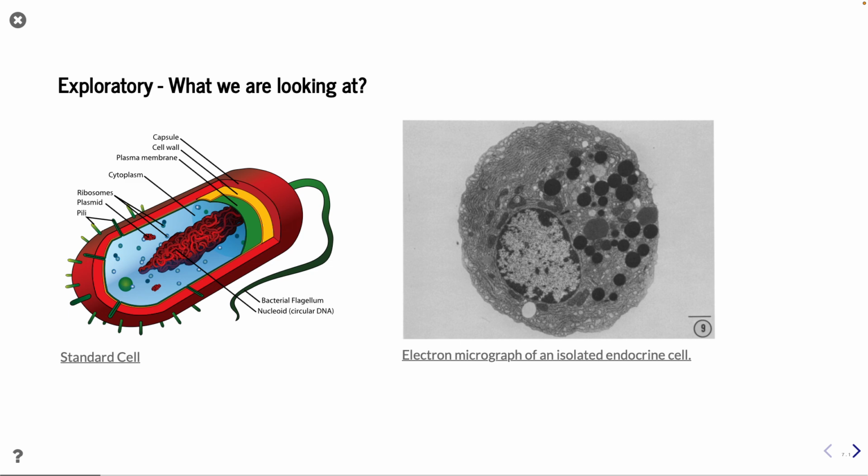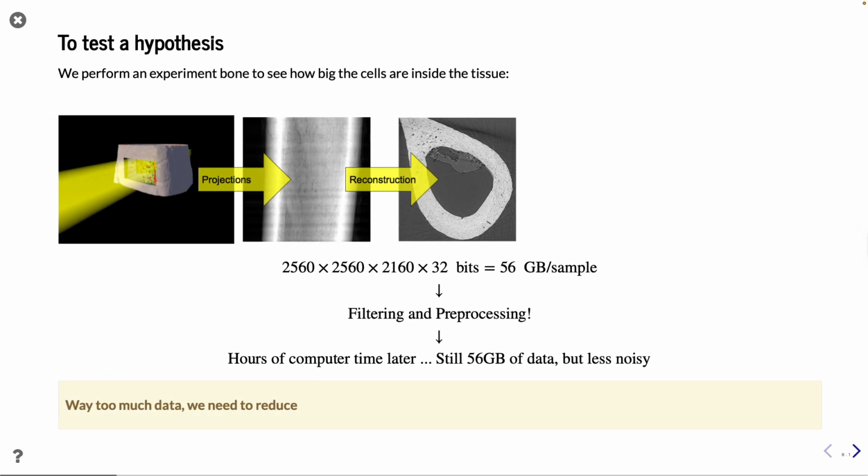We may have our idea of what the cell looks like, very schematic, but now we want to see the real stuff, and then it looks more like this. And from that, we need to extract the information, whatever we want to look at. And that's not so obvious as this nice schematic. And then we do our imaging experiment. Could be tomography. In this case, it's a big one, 2.5K cubed more or less, which delivers 56 gigabytes